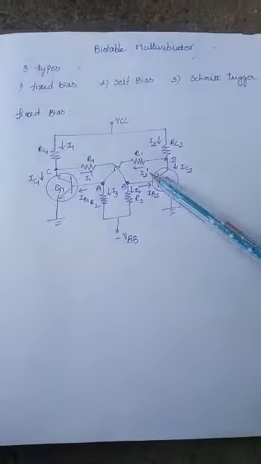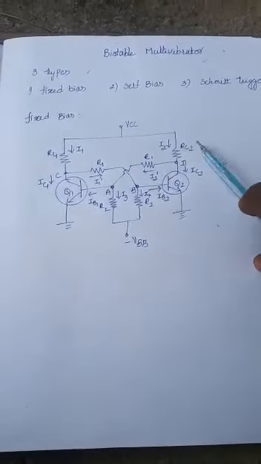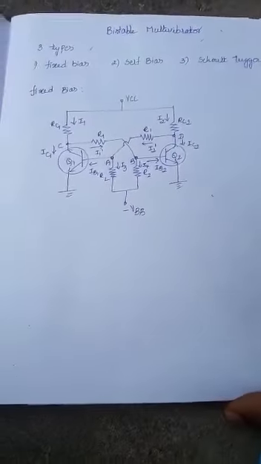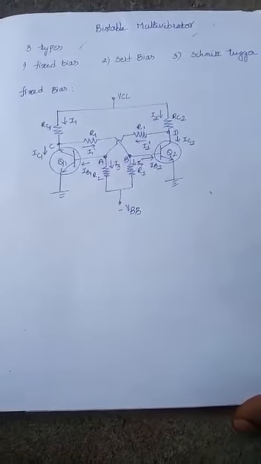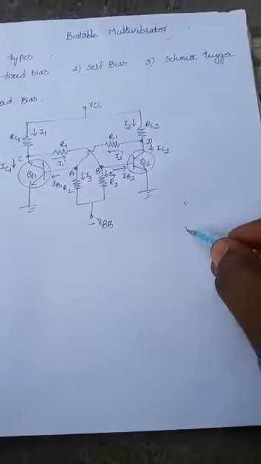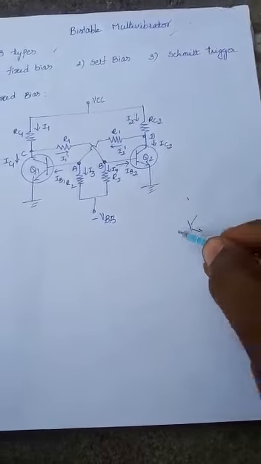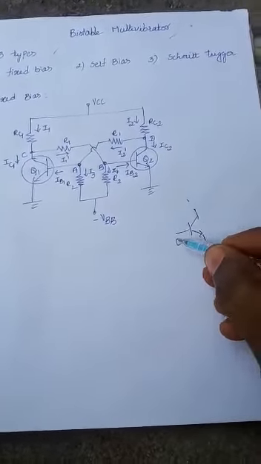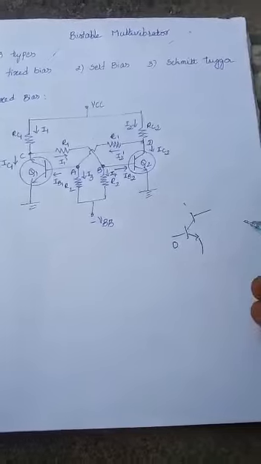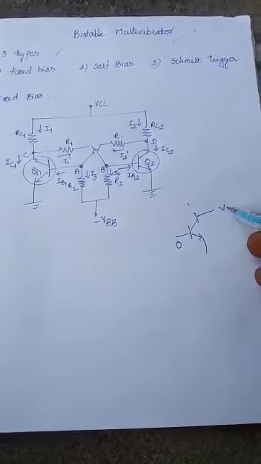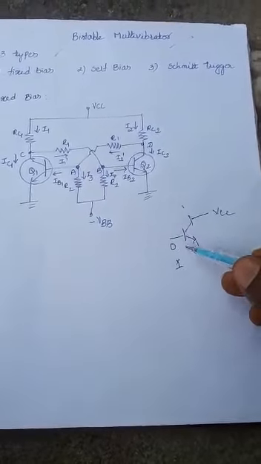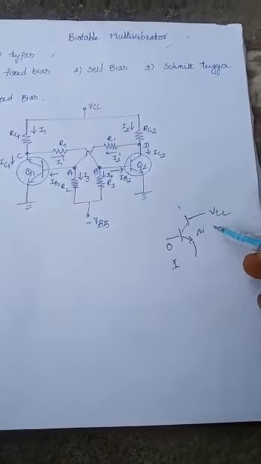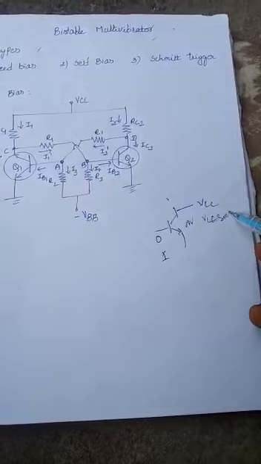How will it be in between plus VCC and VCE SAT? Let us discuss. As we know, if a transistor is there, it is operating in CE configuration. In the CE configuration, if I give the input as 0, from the collector terminal we are going to get the output as VCC, that is the maximum. If the input is 1, the transistor is in on condition and the output from the collector terminal is VCE SAT, which is approximately 0.